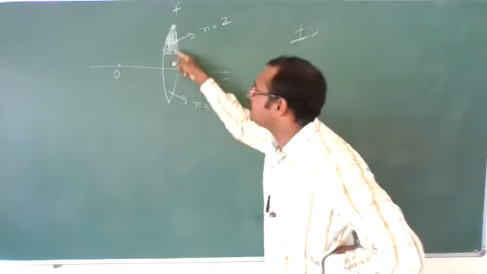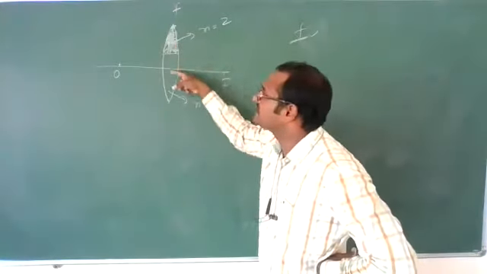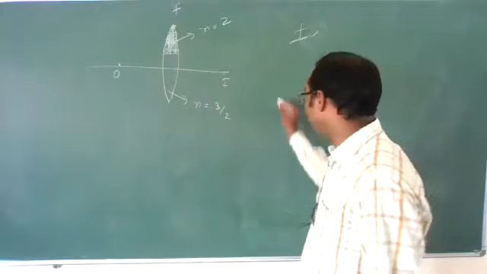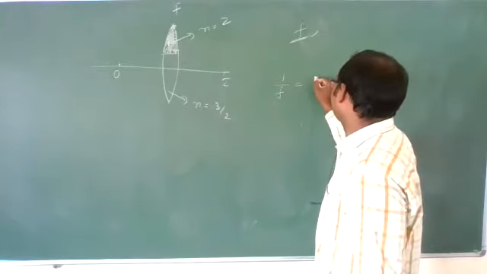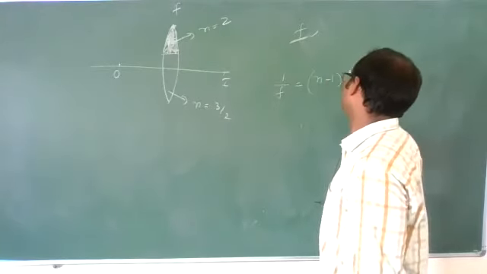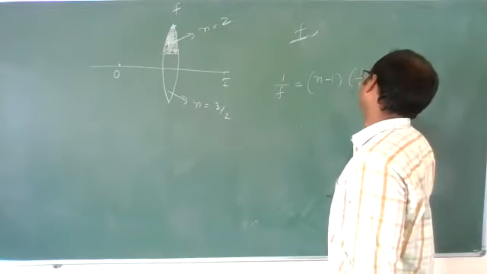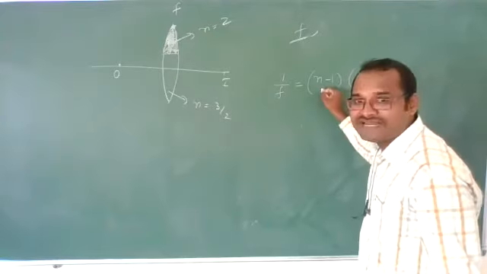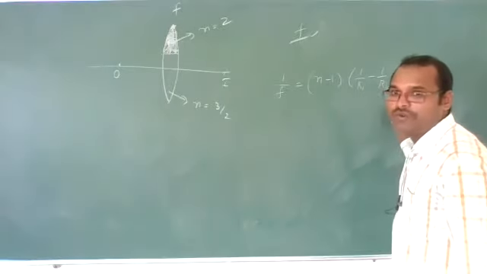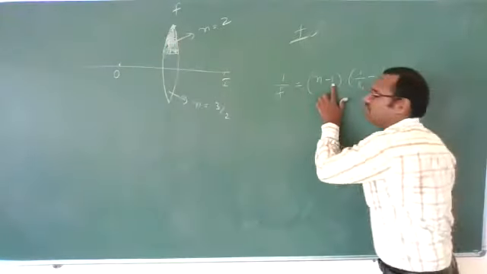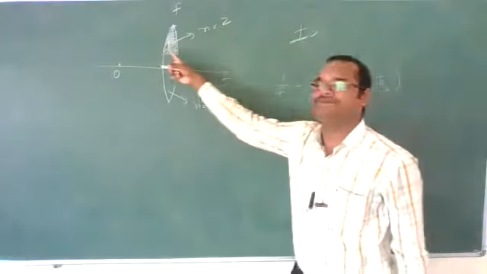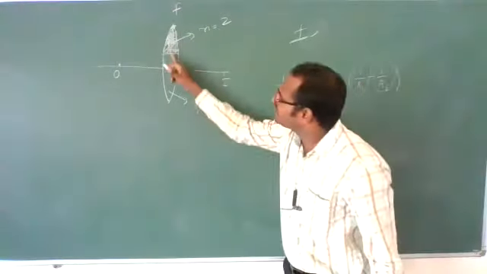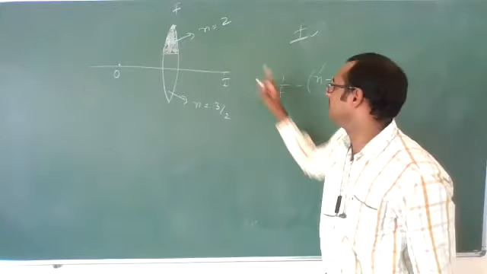Because the two refractive indexes are different, this lens is having two focal lengths, because the lens formula is (n minus 1) into (1 by r1 minus 1 by r2). With the medium it is (n2 by n1 minus 1) into (1 by r1 minus 1 by r2). When it is placed in A, it is n1. The r1 and r2 values are not changing here, whereas the refractive index is changing. If the refractive index changes, then the focal length also changes.